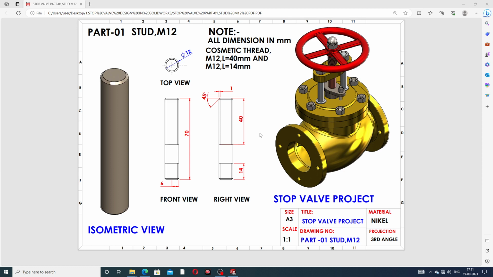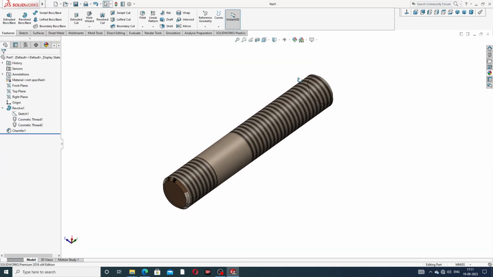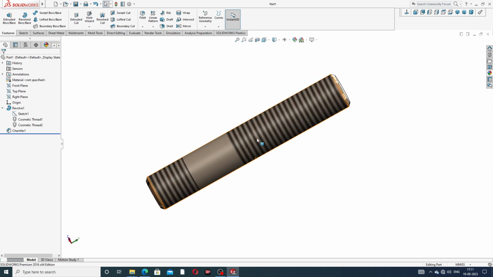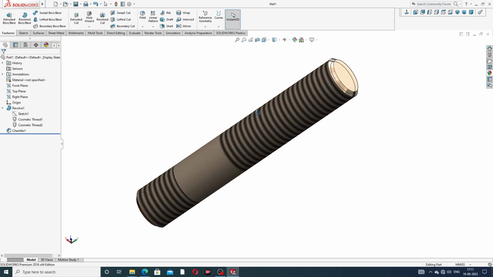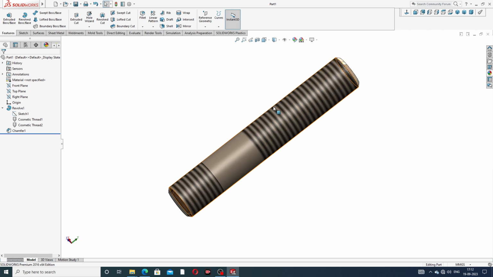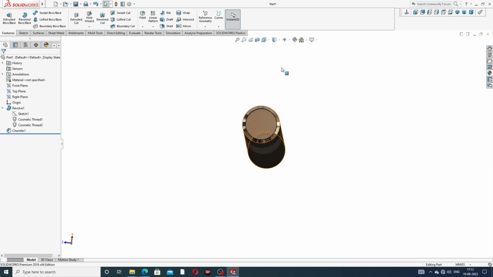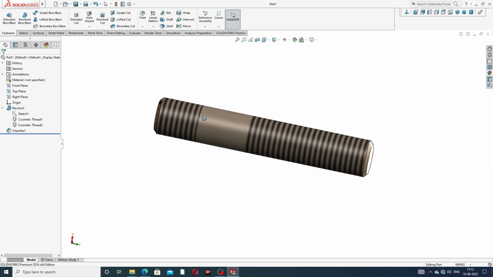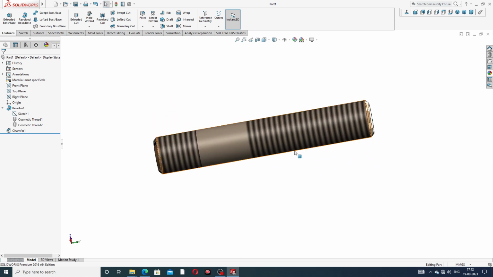Okay, let's start here. This body is drawn here, easily and clearly, and this body is looking perfect, and both cosmetic threads are also drawn here, and material is nickel.